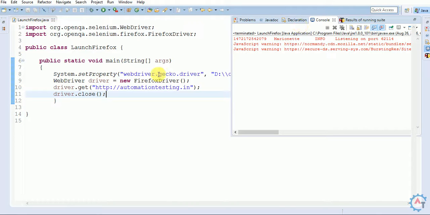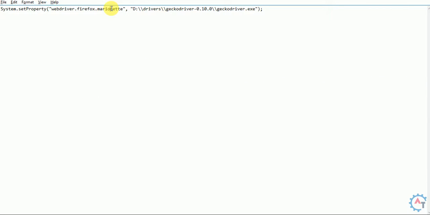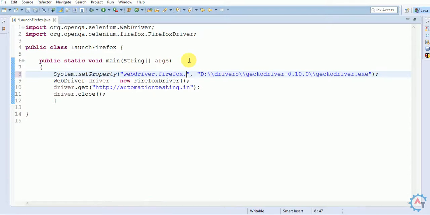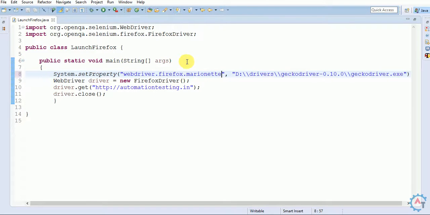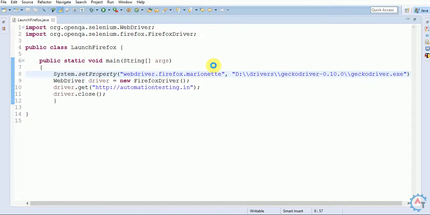Now what we'll do, you go here and change it to webdriver.firefox.marionette. I think I'll miss the spelling, so I'll take it from here. Now we'll execute the same thing, run as Java application.